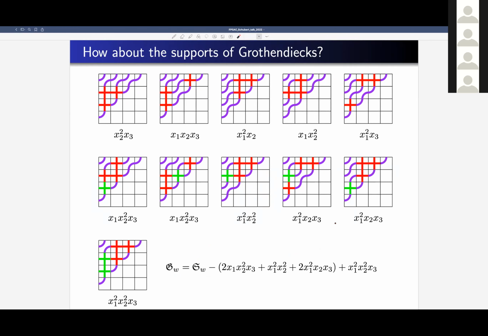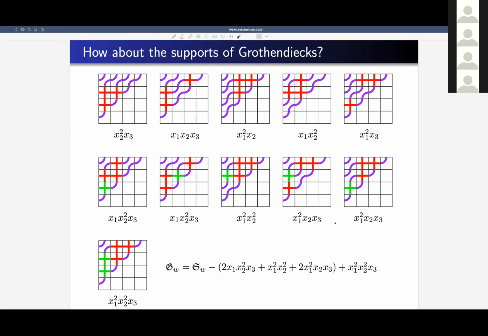So we have a very specific and concrete description of the support of Schubert polynomials. They are all integer points, so everything is hit, of a very particular generalized permutahedron that we can describe as the Minkowski sum of matroid polytopes corresponding to the columns of the Rothe diagram. So it's only natural to wonder, what happens to the support of Grothendiecks?